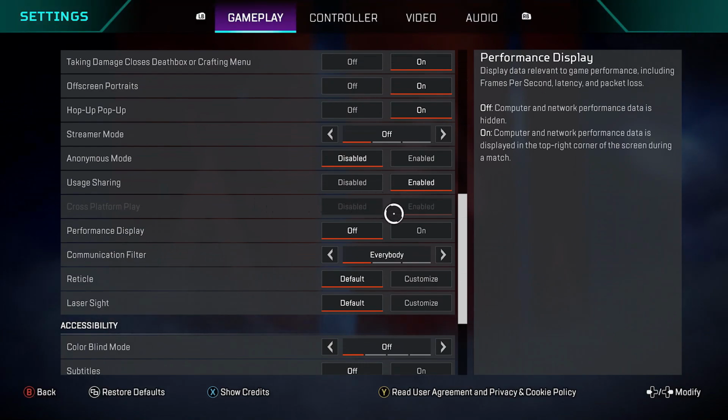Now do bear in mind when you do toggle this off, you're going to experience longer matchmaking times, and you may have higher ping. Now, if you're on Xbox and you want to turn off cross platform play, what you're